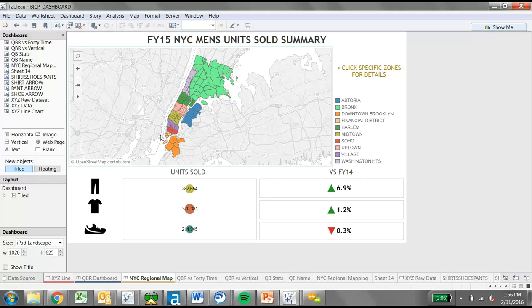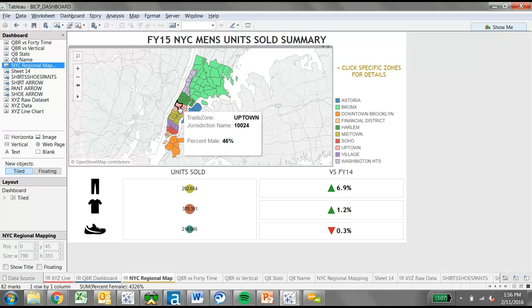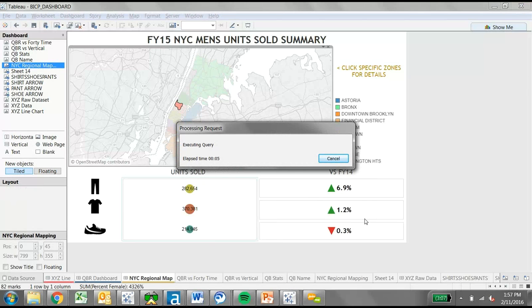And what's really cool about this is that as I scroll over these different regions, it'll tell me exactly what zip code I'm in and what trade zone, and since I'm a men's retailer, I've even included percent male. So let's jump into one of these. Let's say Uptown, 124 zip code. It looks like it's about 46% male. So I'm going to click on this, and down here, all my units sold and my comparison to the previous